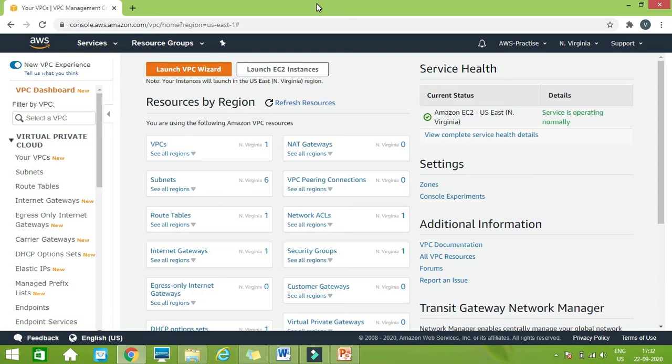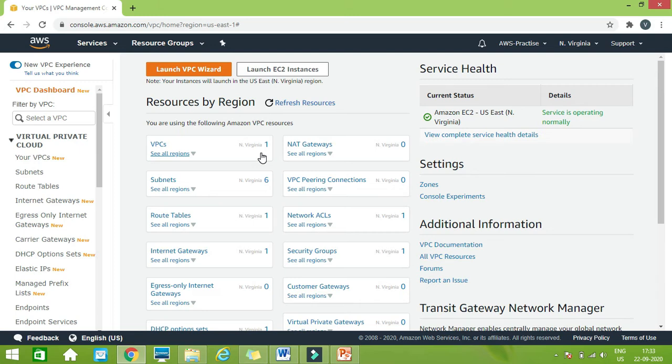So this is our VPC dashboard. Here you find all the information regarding your networks which you are creating on your cloud. Here you can see one VPC is showing. So there is always one default VPC there. So if you are going to create any instances or any resources, it will always be allocated inside a default VPC. So you have a provision that either you can create your own network, or if you don't want to create your own network, then by default there is one network created by the AWS. So there is always one default VPC.